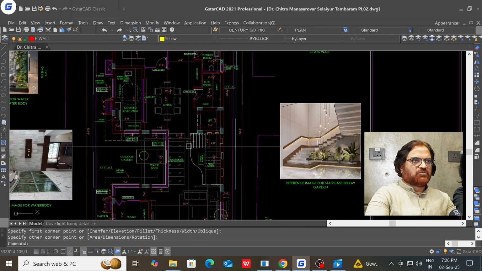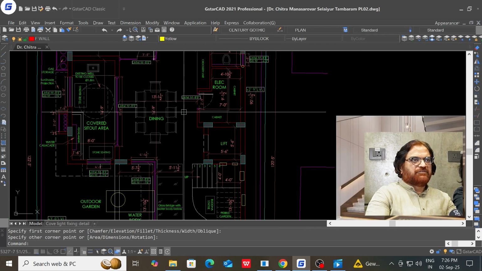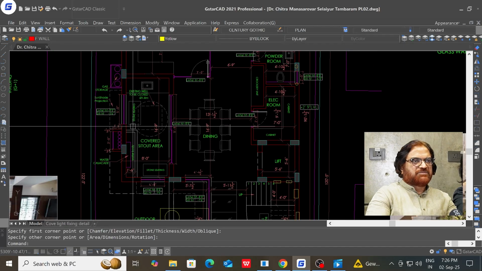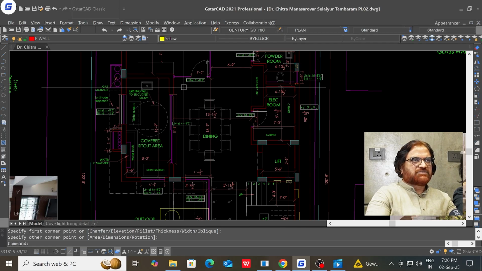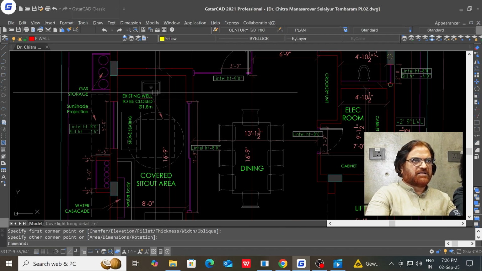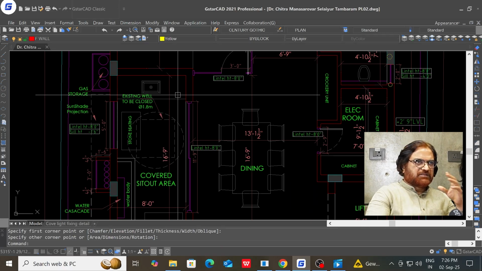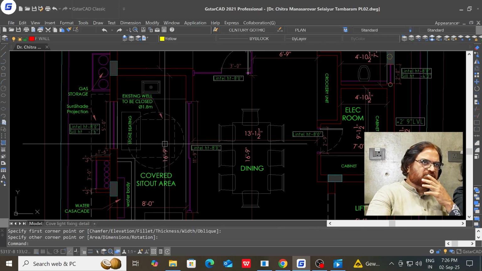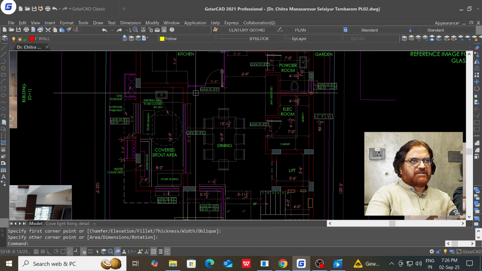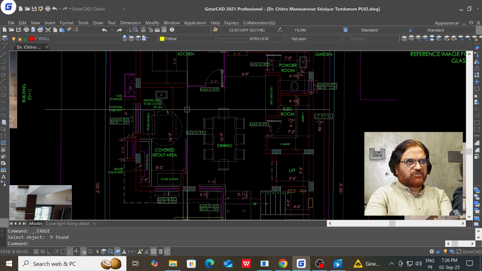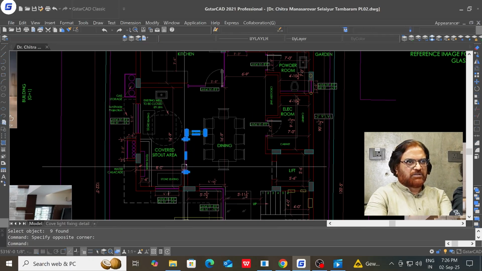So after that, you move into the house. Then we come into the dining area. So one thing I noticed, we have small sit-out area and feature. I would like to discuss with the client. This is going to be the small hand wash area, the vanity area. There is an existing well which is closed. If it is acceptable to the client, I would like to see this entire wall go. So I would like to remove this entire wall, and